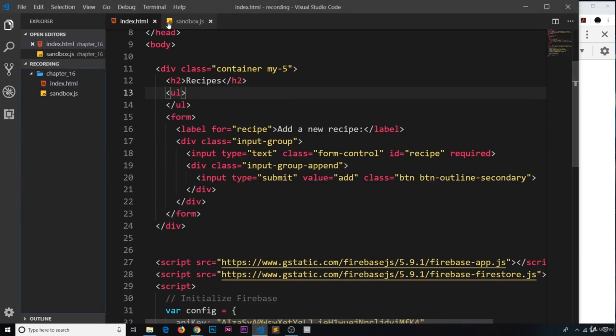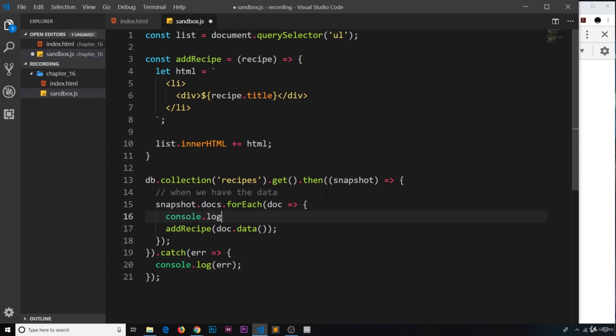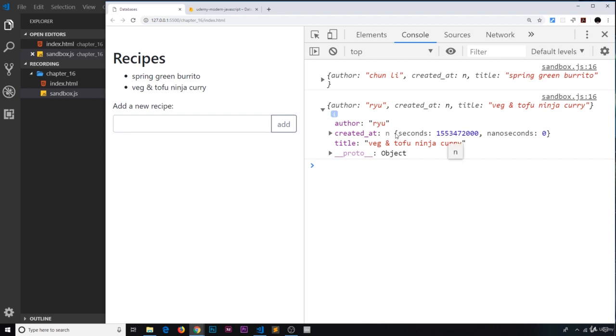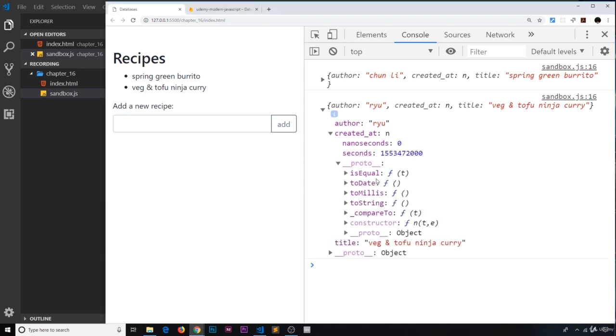Okay, now I also want to output the time, the created at property. And if we look at that, in fact I need to log this to the console again, so I'm going to say console.log doc.data and save that. If we look at this in the console, we can see we have this created at property, and this is a Firebase timestamp object. Now we don't want to output the seconds and the nanoseconds, that makes no sense. Instead we want to output some kind of date, and on this timestamp object, we have this proto property, and in here we have this toDate property,